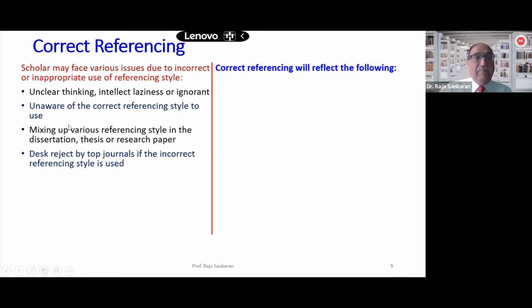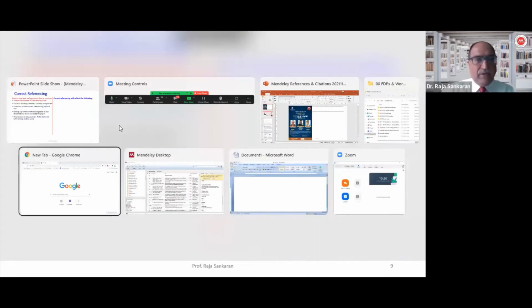The third is mix up of various styles. For example, if you're writing your PhD thesis, there are different shortcuts or approaches a scholar might take, and these are something which should be avoided. For example, in today's world, in a digital and internet world, the information is flooded on the internet. You can simply go to Google Scholar. Within Google Scholar, there are different approaches that could be used. I can quickly demonstrate to you what I mean by this.